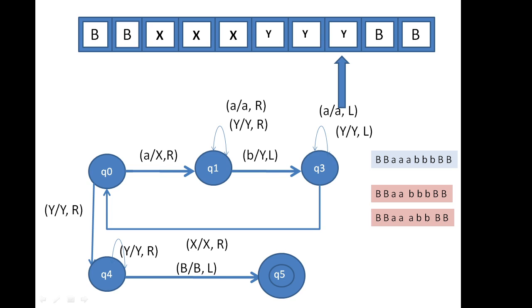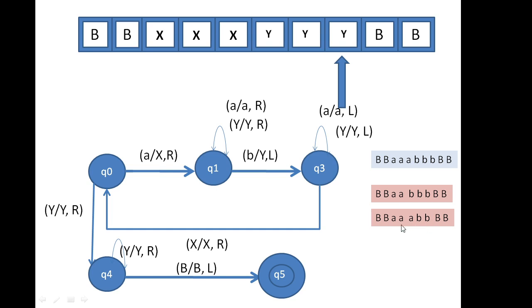Okay, so this was one example. The other example is this string. Okay, so we have triple A and double B. So what will happen? This will convert into X. We'll go right. This will convert into Y. Again, we'll come over here. We'll have an X. We'll go right. We'll make it X. Again, we'll go over here. We'll encounter A. Let it be A only. Encounter Y. We'll let it be Y only. We'll encounter B. We'll convert it into Y.